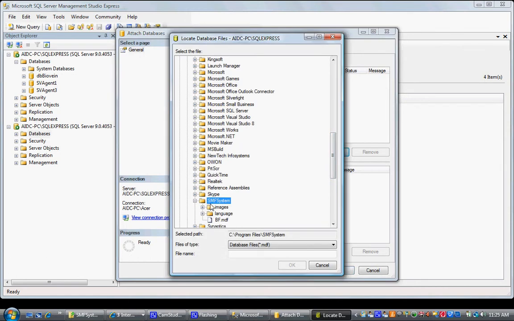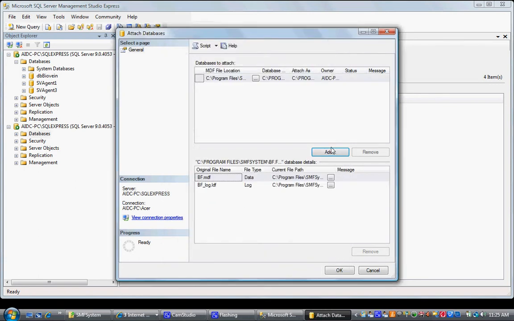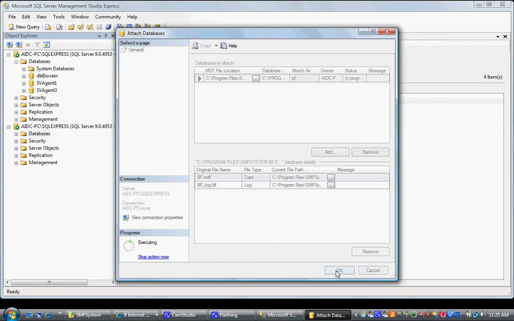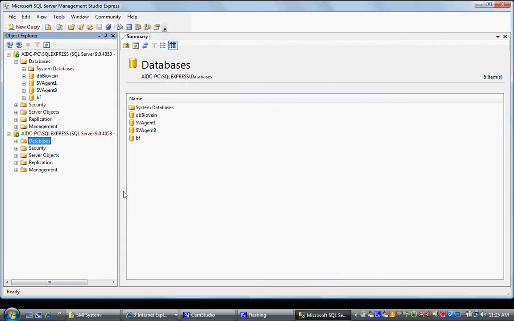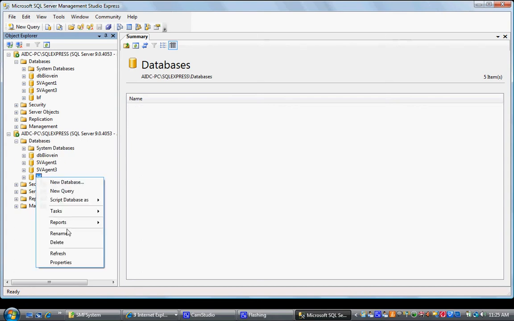Under program files there is SMF system. You attach the bf.mdf file. Attach as only bf, so delete this and just give bf. So the database bf is now attached.